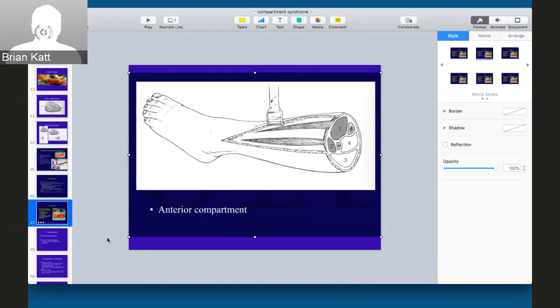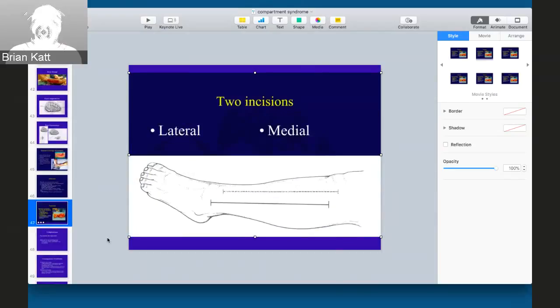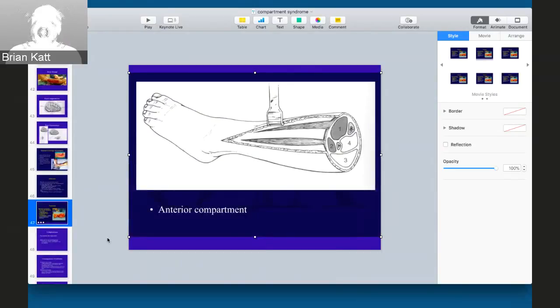I feel like there is a slide in here. So